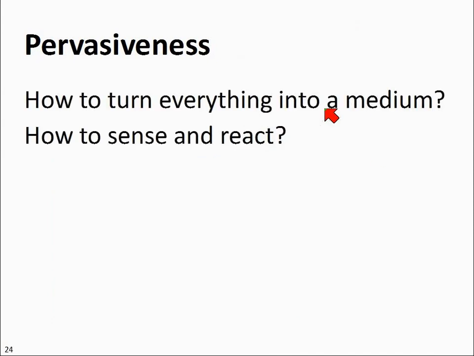So, thinking about that one, how could we possibly turn everything into a medium? Not just the mobile phone, not just a standard computer, how could everything become a medium? What would that mean in terms of the curriculum? We should be discussing that in many different courses. And a more technical question would be,